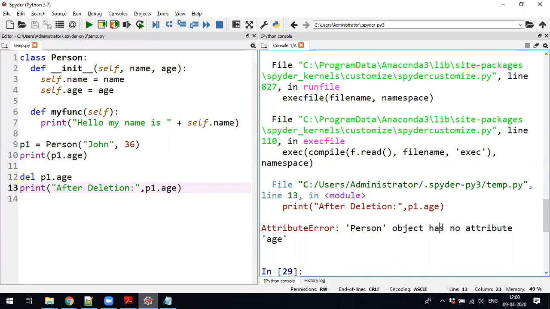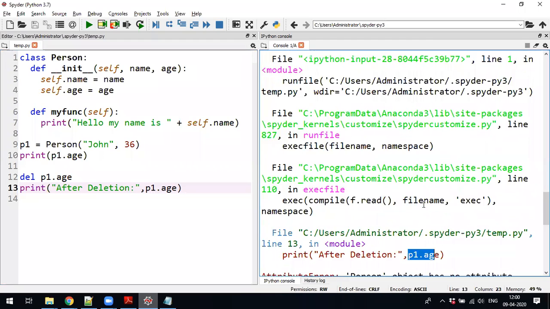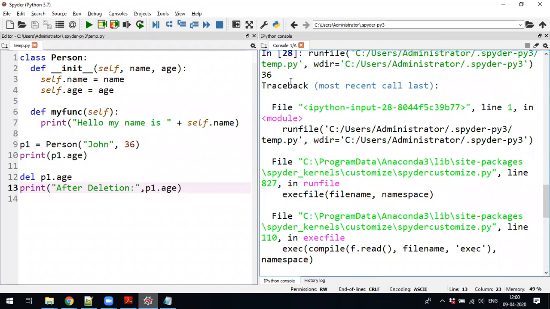Person object has no attribute called age.